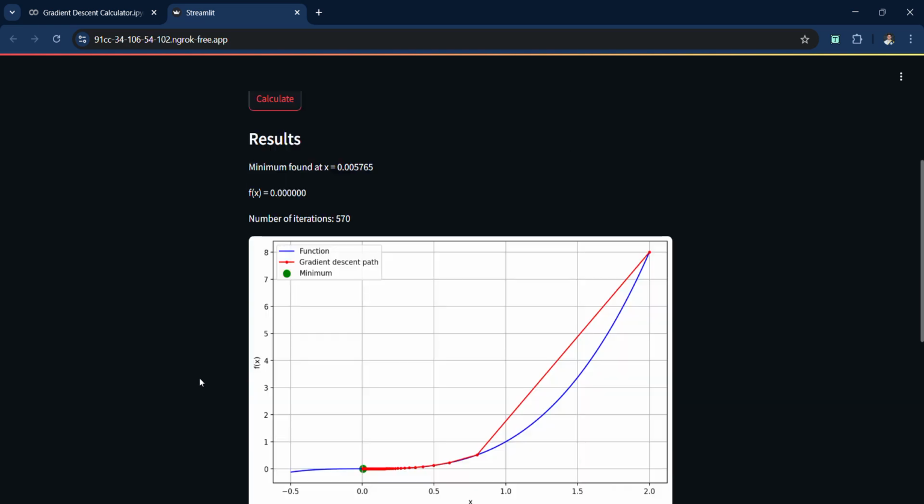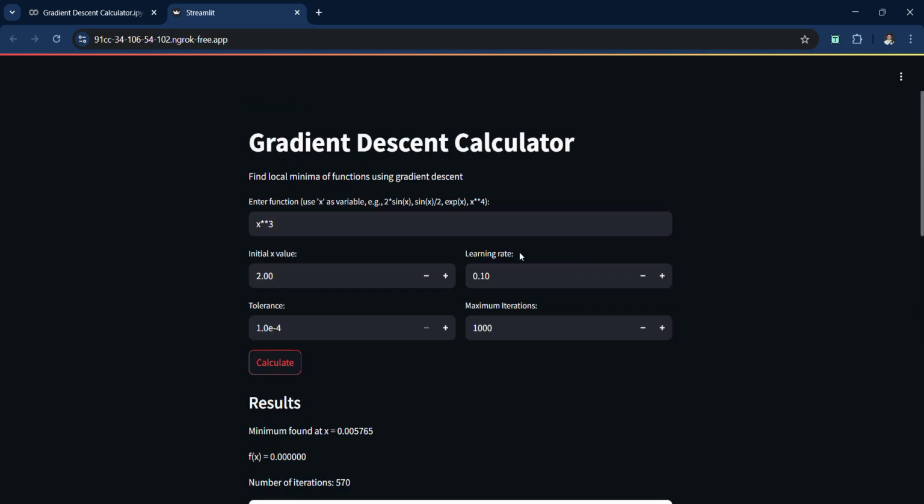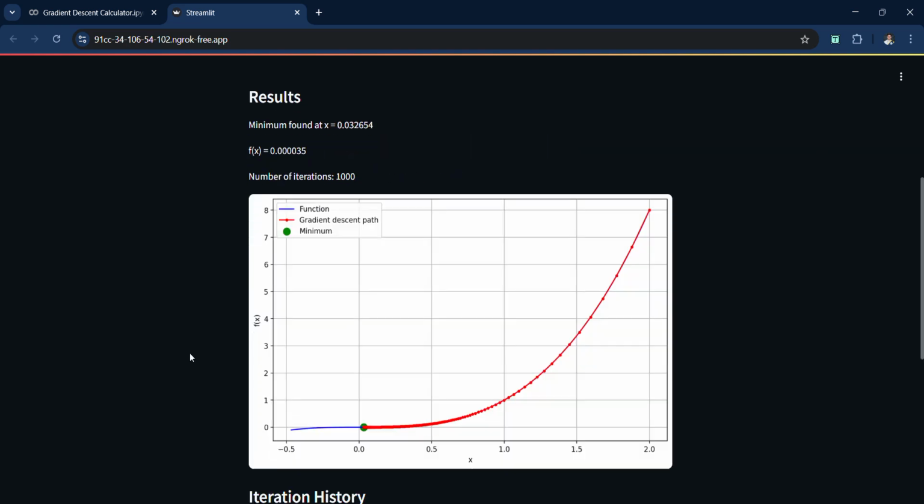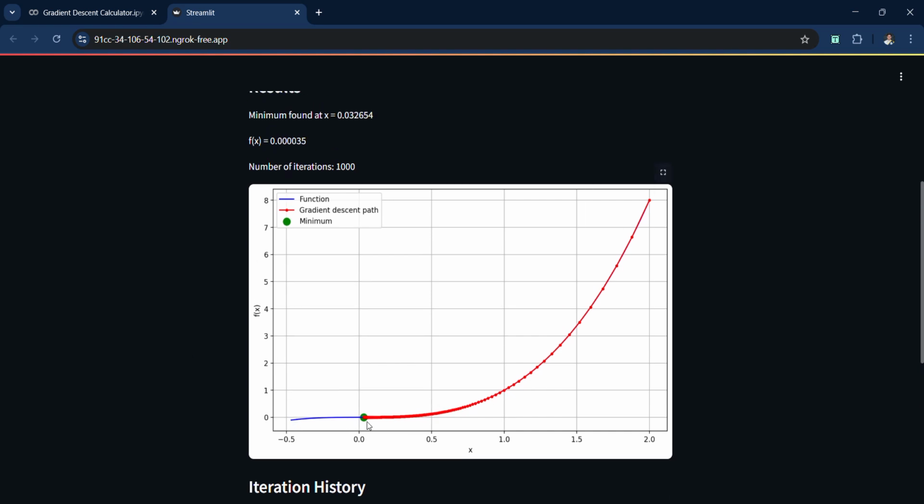So the function here, you can see there, this is the convergence. And if we adjust our learning rate, we can see the better convergence. Like this one, the gradient descent path follows the function, and it shows the greater convergence.